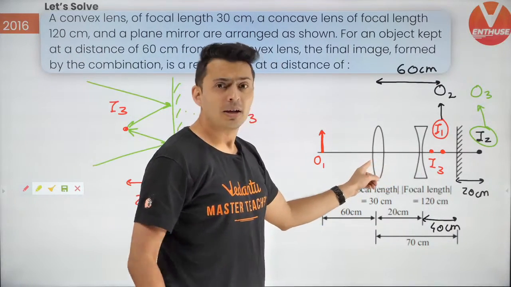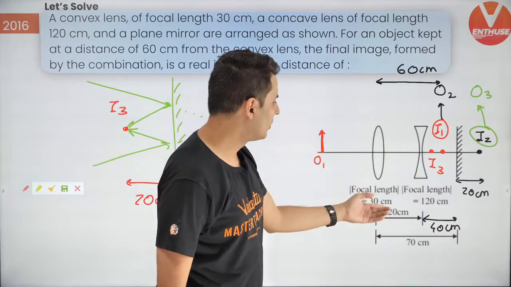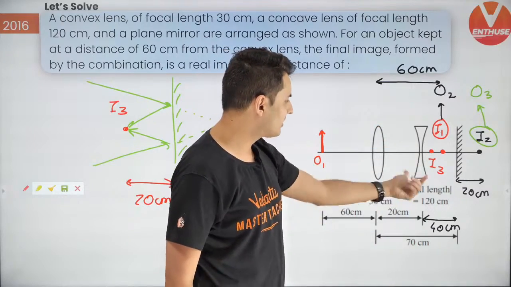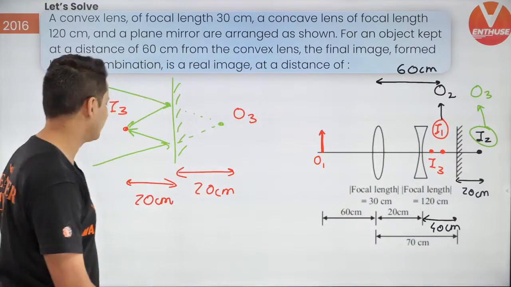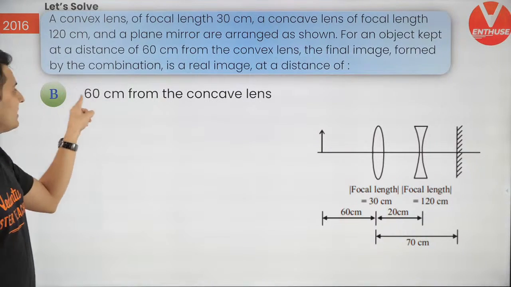So you can measure. If the question asks the distance from the convex lens, you can get it: 20 plus 20, 60 centimeters. From the concave lens, it will be, I think, 20 centimeters. So you can get all the distances, and that should be the correct answer. Yes, 60 centimeters from the